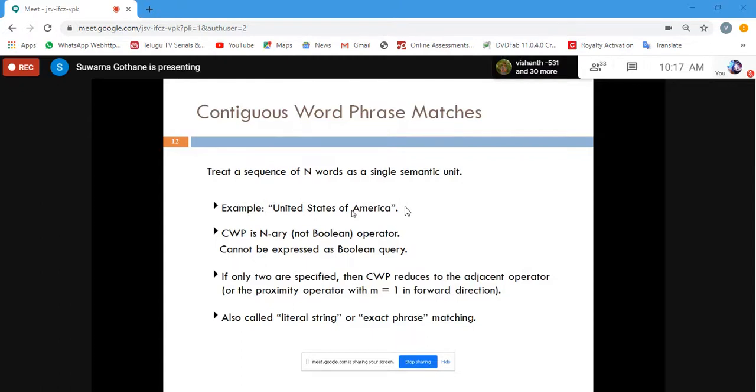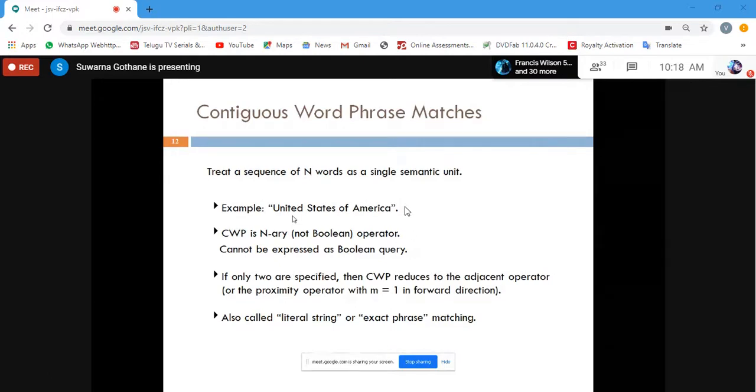These are the continuous word phrases, which have some meaning. 2 words are associated and they have some meaning. So it is not a single word, and that's why we call it an array operator.